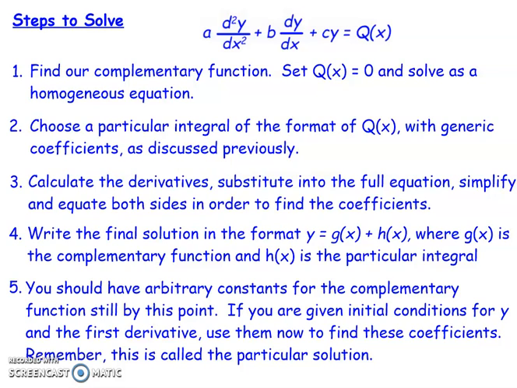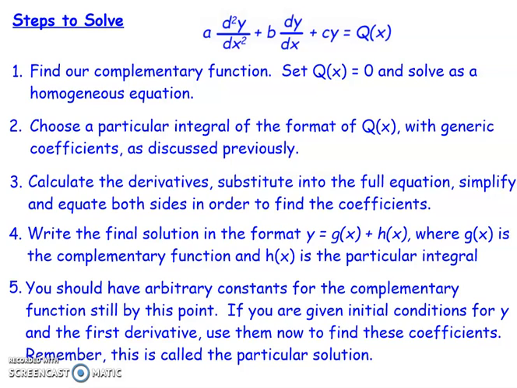Now when we're solving a question like this, there's 5 steps that we really should follow. First one is we have to find our complementary function. We get that by setting q of x equal to 0 and solving it as a homogeneous equation. Second thing we then have to do is choose a particular integral which is of the format of q of x. Now it's got generic coefficients as I've mentioned previously. So for example, a linear one is ax plus b. We then calculate derivatives of this and substitute into the full equation. We then simplify this and equate both sides